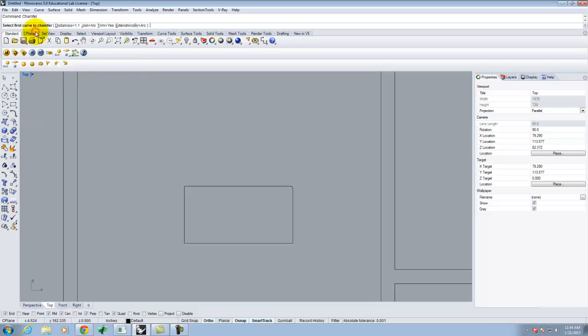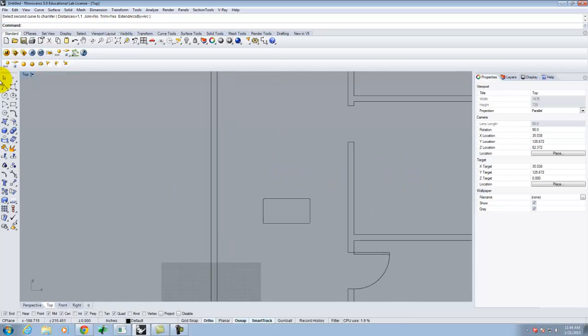It's just regular chamfer there. It'll give us two distances, 1 and 1 in this case, and what it'll do is it'll create a straight line corner, right? For those of you that are a little bit more advanced, fillet is a great command when